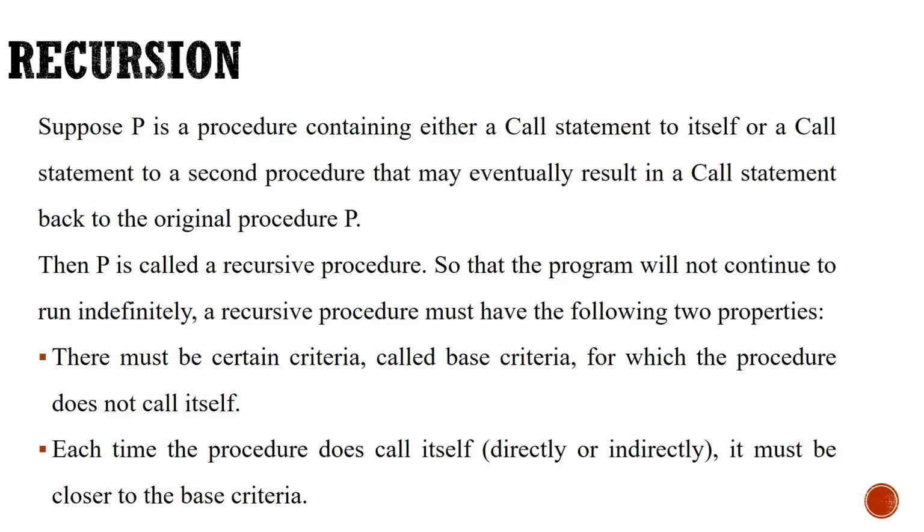Now let us take the second example, wherein we have a function called ABC. In the function ABC, we have a function call to a function XYZ. So ABC is our first function, and in ABC we are making a function call to XYZ. XYZ is a different function. Now in the coding part of XYZ, we have a function call to ABC, our main function. That is, ABC is calling XYZ, and XYZ is calling ABC. Such a function will be called an indirect recursion.